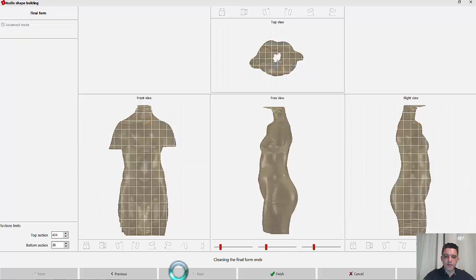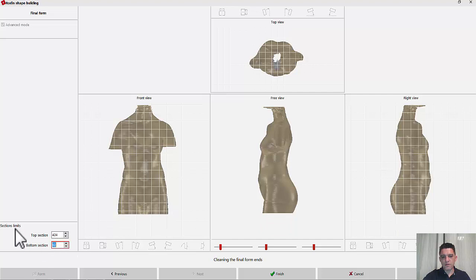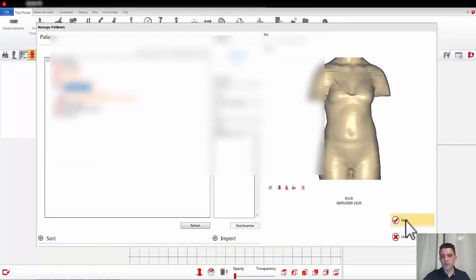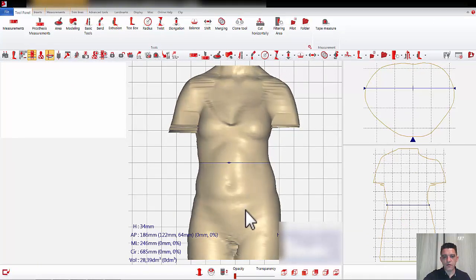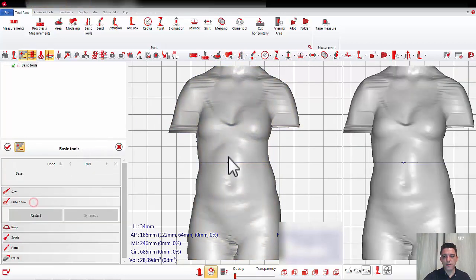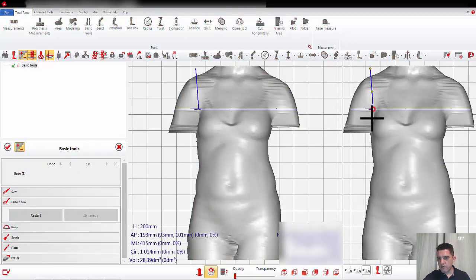When we get the shape, in this case, the bottom part we don't need. So I want to cut something like this, the neck, and now it's perfect, and open. Now we need to prepare, because this is not very good. I want to turn a little bit because I want to cut this arm. So with the basic tools and the carve saw, I want to cut from here,